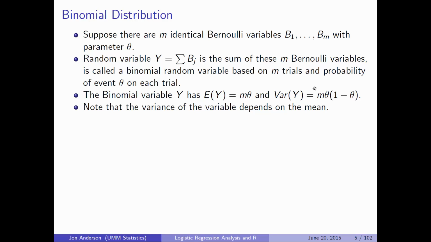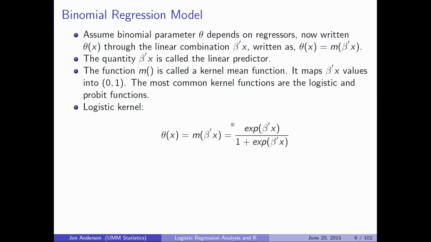The variation of a binomial variable is m times the probability times 1 minus the probability. Notice again here that the variation is a function of the mean. It's a function of m theta, just as we've defined the mean right there. And so what we're going to do now is connect the probability of an event to predictors or to regressors, x. And so we're going to express the probability parameter theta as a function of beta parameters and x, and